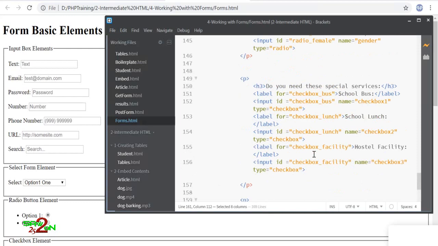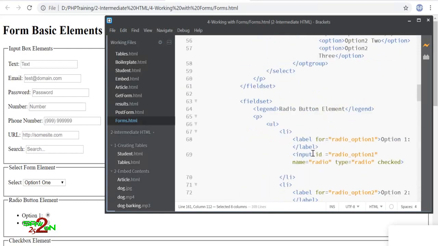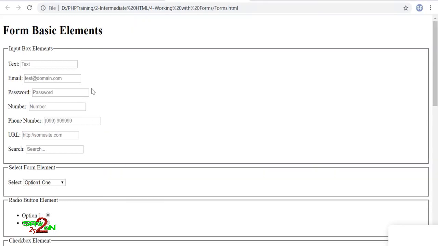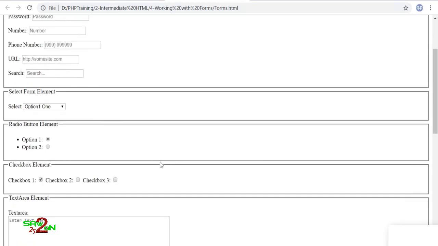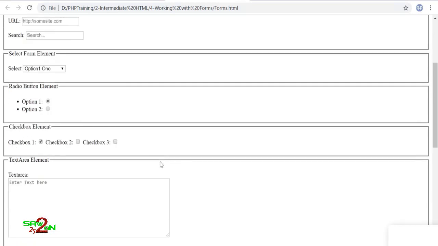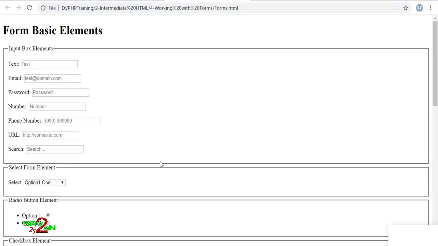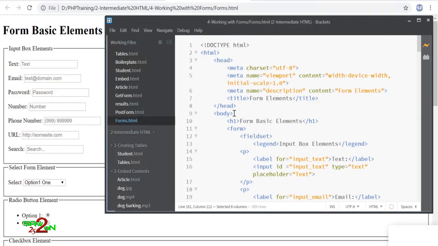You can have a look at the code here. I've written all the elements here, so you can have a look and then create your own form. Try to create a contact form. That's your next exercise, and try to use some of the elements here to create your own form as well. You can create a survey form, maybe an employee form, a sign up form, or a login form, but try to use these elements and embed them inside a form. Try to create a fieldset, legend, and put a label and the different types of inputs available to you.